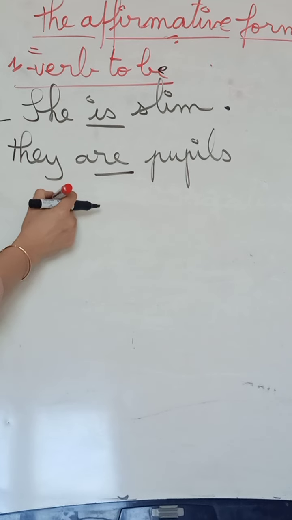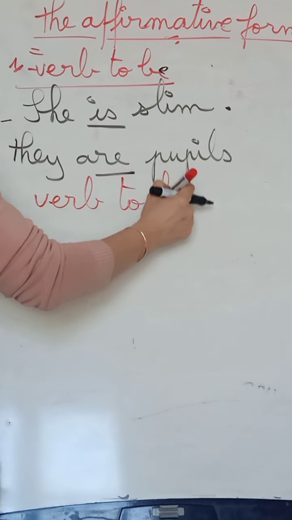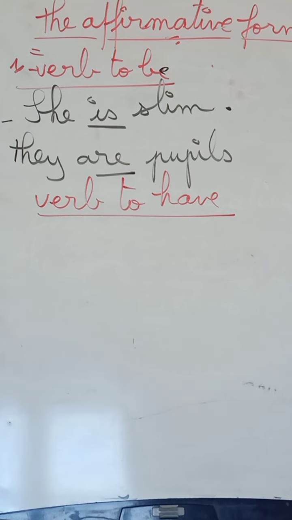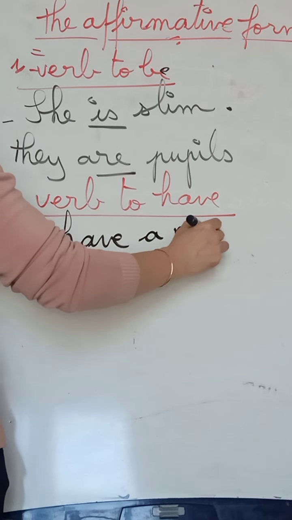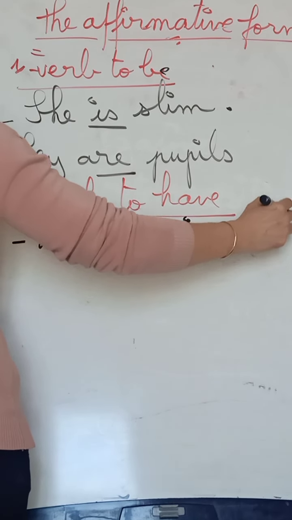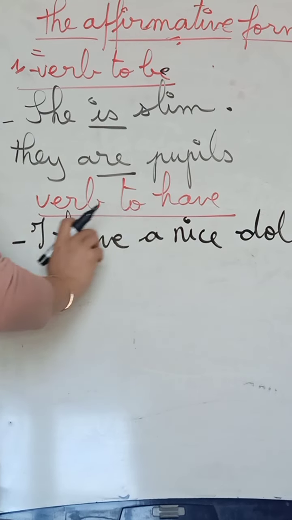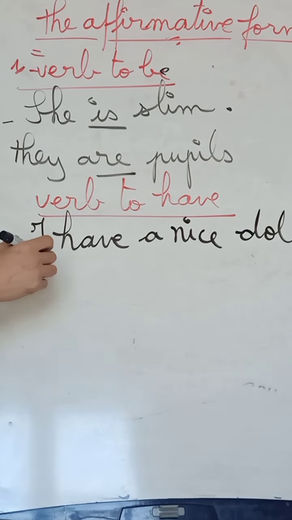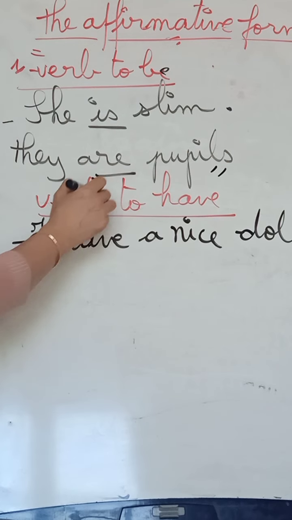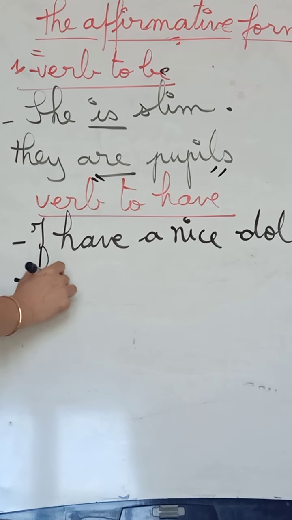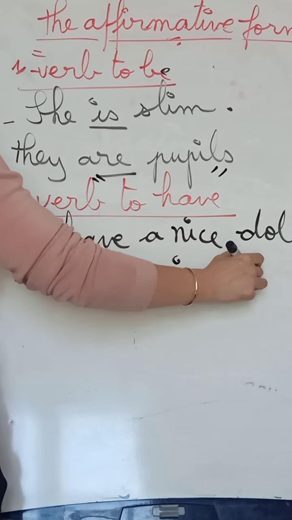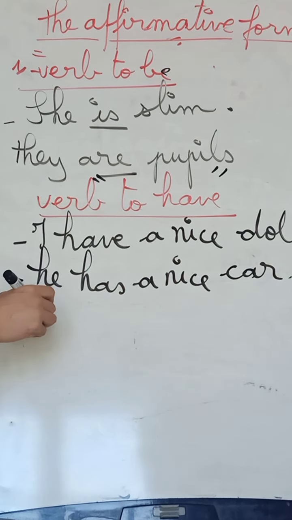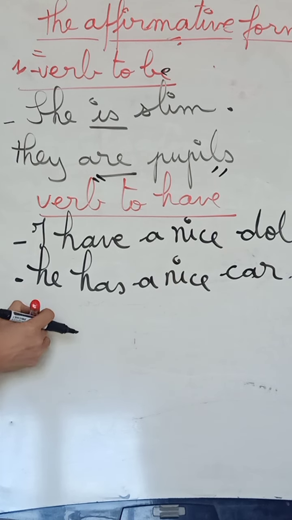With verb to have, for example, I have a nice doll. عندي une belle poupée, j'ai une belle poupée. Okay, here I use verb to have in the present simple tense. For example, he has a nice car. A nice car. Okay? With the other verbs, les autres verbes,